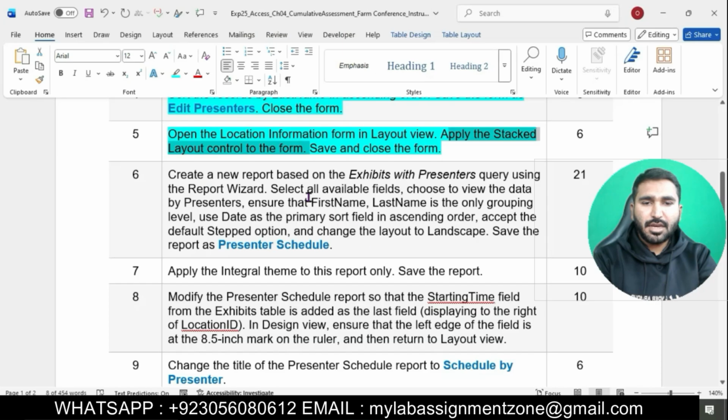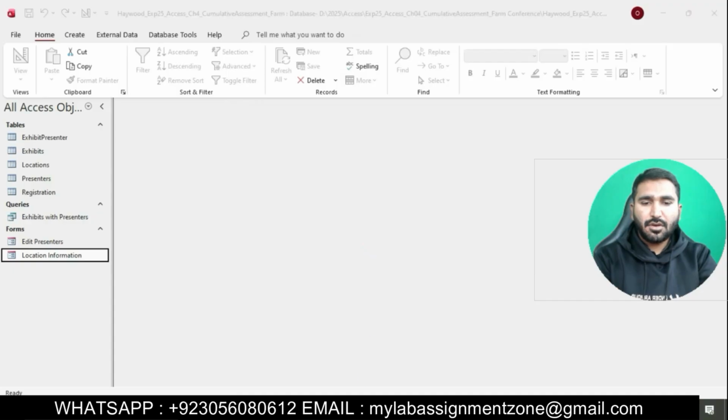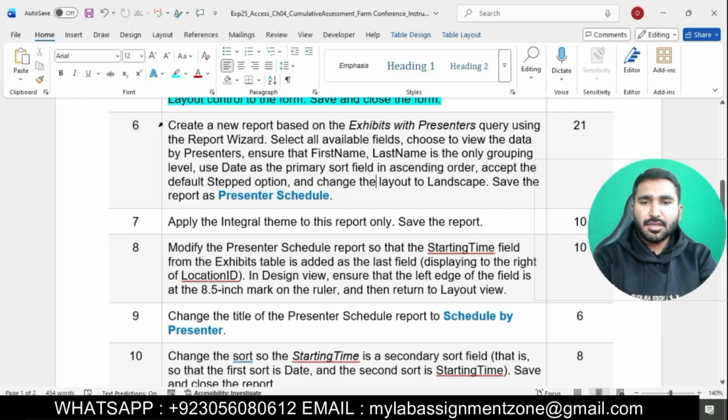So moving on, next point, save and close the form. Simply we will right click on this, save this form and close this form. Okay, now moving on, question number 6 of this assignment. Question number 6 is that